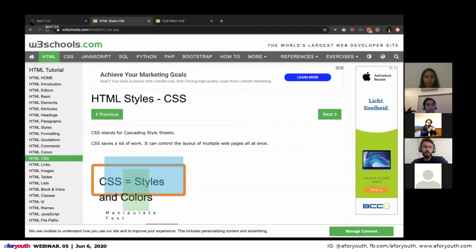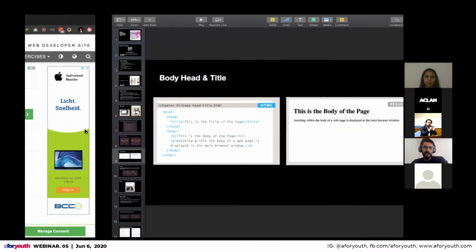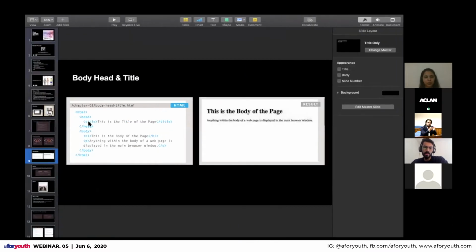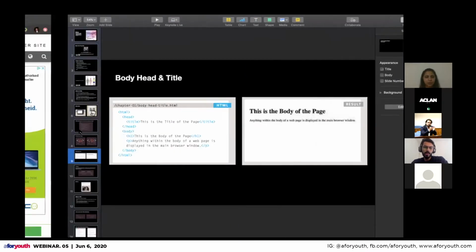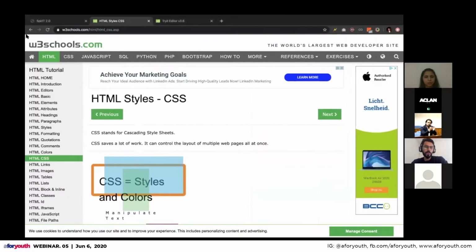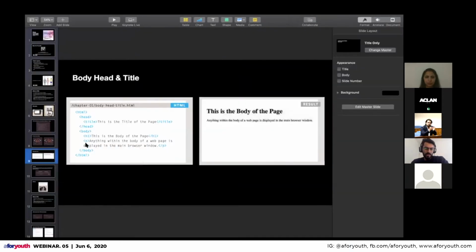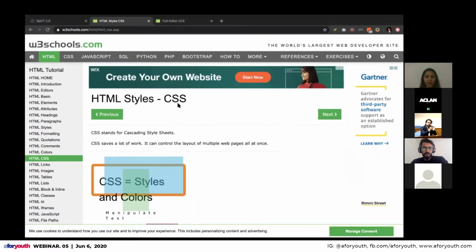So you see all these icons and these titles here, it's actually coming from the head tag. And all the body is this part. So body starts from here and the head stops here. So yeah, this is a very basic example.